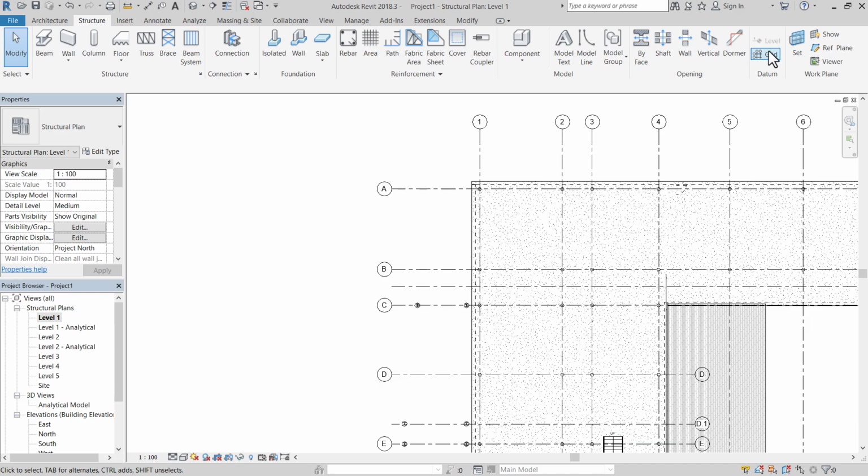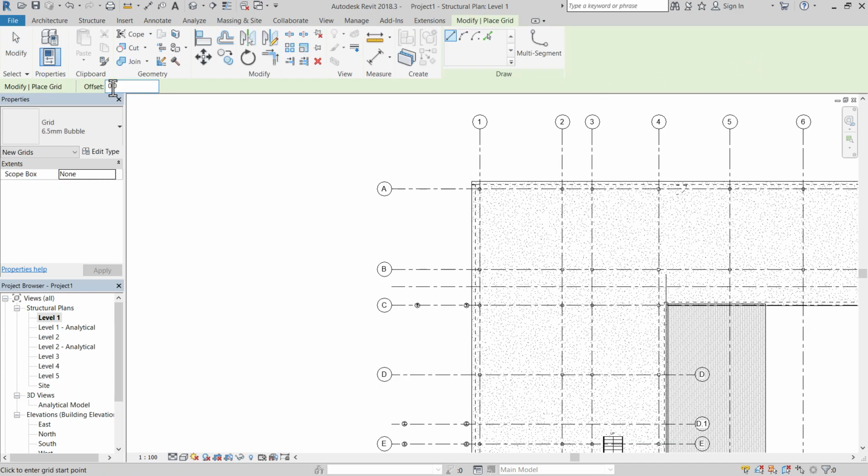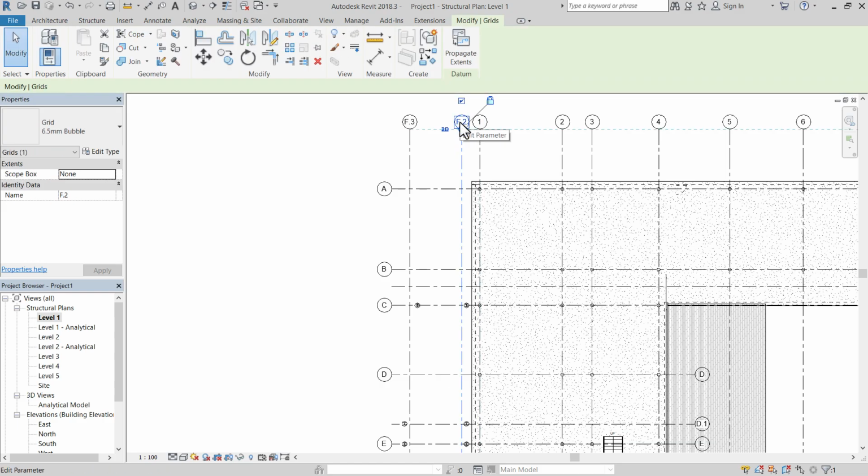Now the next thing, I think we have one more grid to add. At a distance of 1600 mm. Oh, and one more grid at 4600. These will be our grid 0.5 and 0.75. These are just numbers, not the actual value.